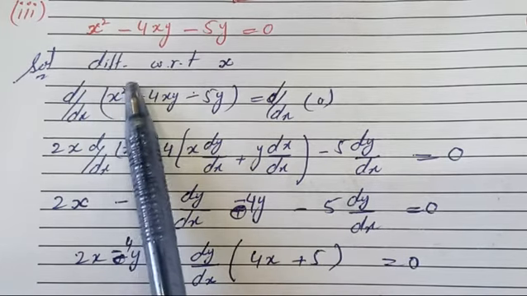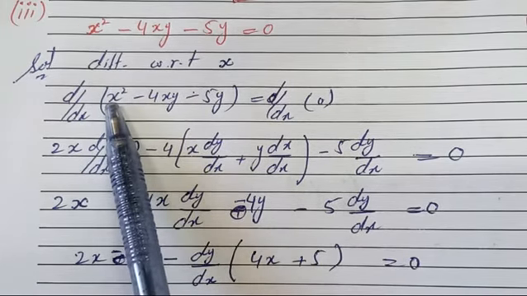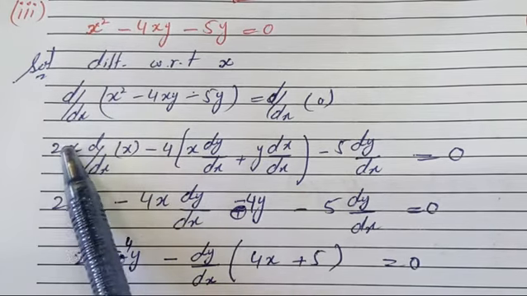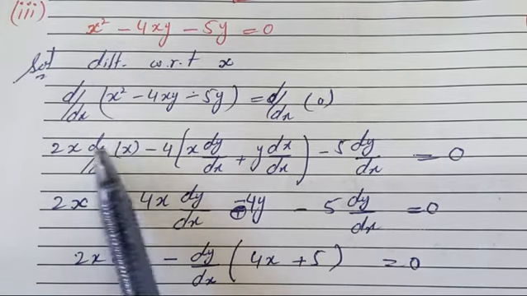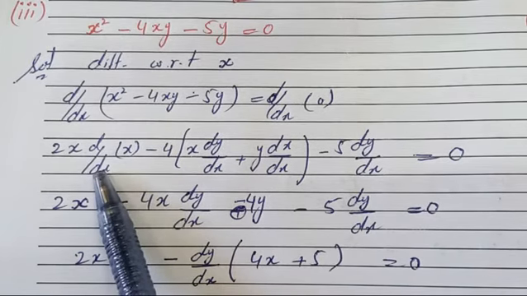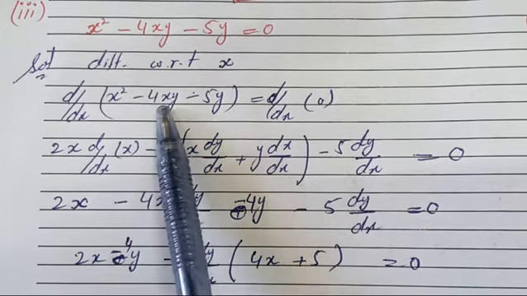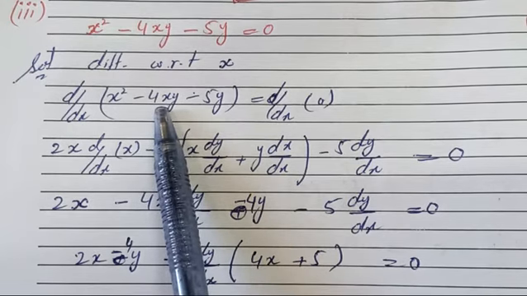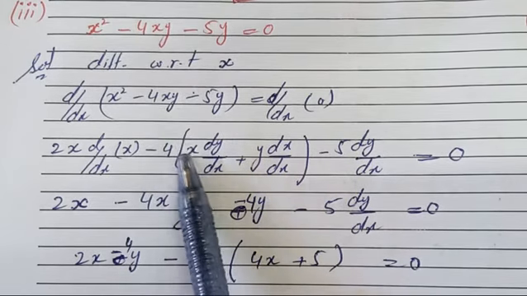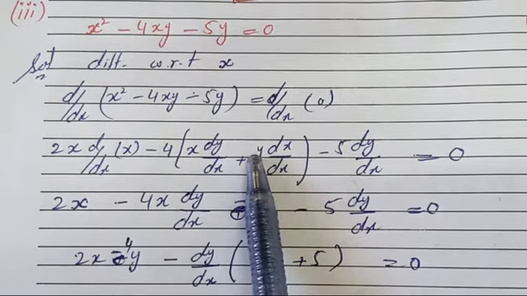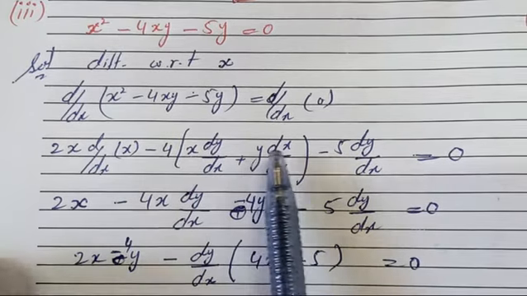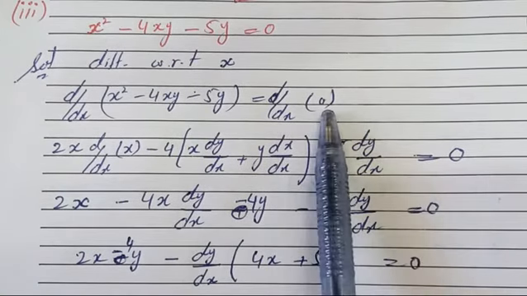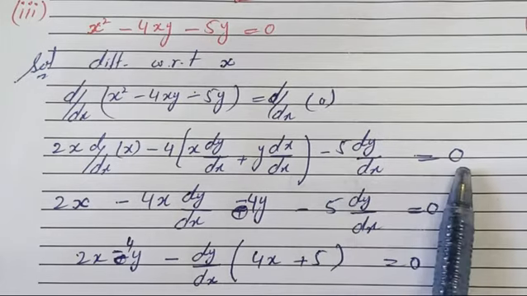First of all, x square. So on x square we will apply power rule. What's power rule? n x to the n minus 1. 2 as it is x and derivative of x with respect to itself. Minus 4 as it is xy. There are two terms now written in multiplication, so we will apply here product rule. Minus 4 first term derivative of second term plus second term derivative of first term, minus 5 as it is derivative of y, dy over dx, is equal to derivative of 0, any constant is 0.